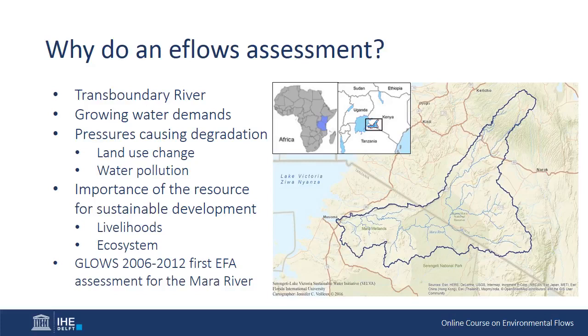So, the Mara River is a transboundary river, 395 km long, shared between Kenya and Tanzania. Since the 1960s, the basin has been experiencing increasing human pressures related to population growth, deforestation, development of agriculture, urbanization, tourism, and mining. Even in the last 3 years, I've observed many changes in the basin, like new roads, towns